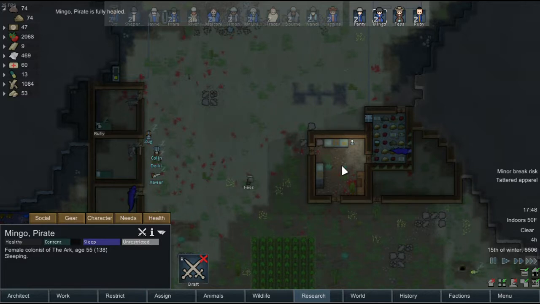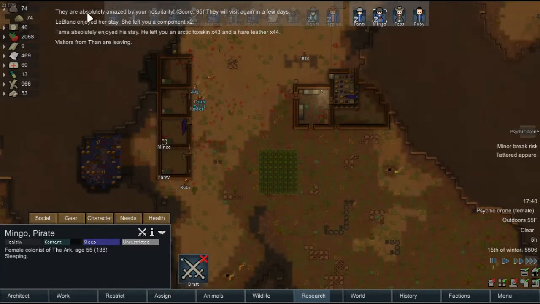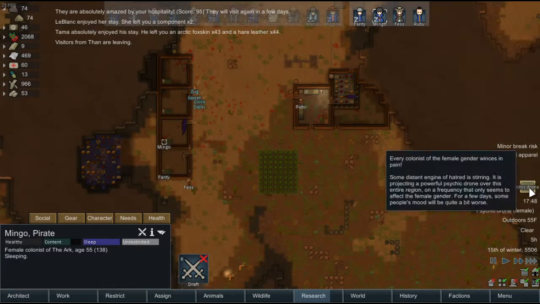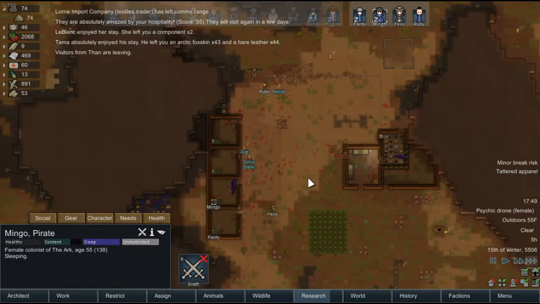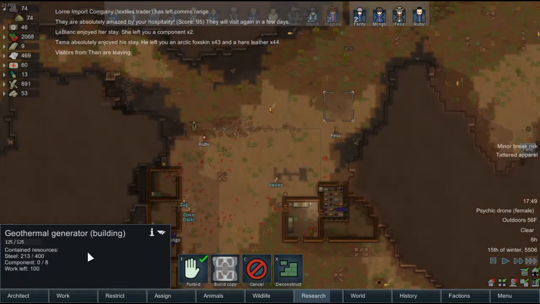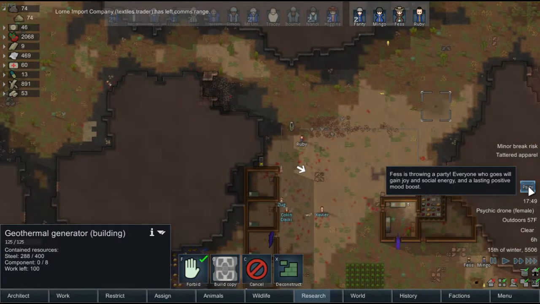As much work as I've put into this colony, it's really disappointing to have to start back over, but there have been some mods that I have recently found that I'm using for the other one that will actually help out a ton. I'm glad they love their stay. They left us some components, which is awesome. How is this going? They have got steel, and they don't have...